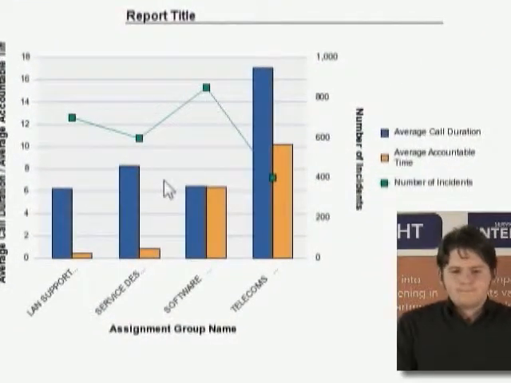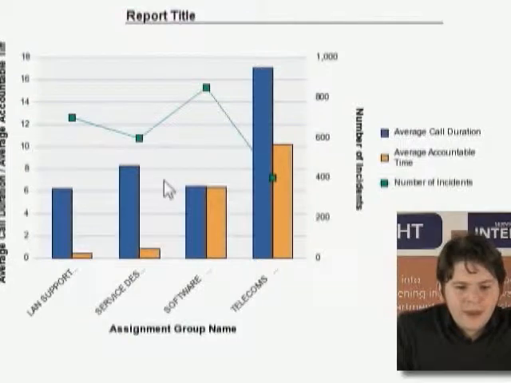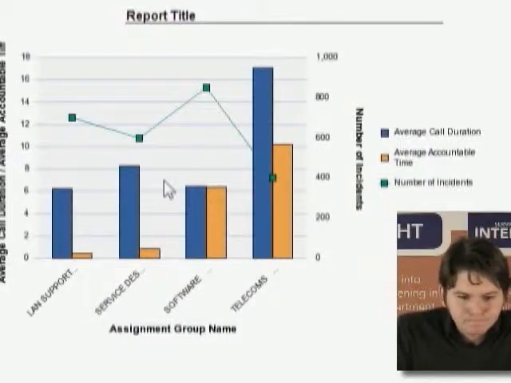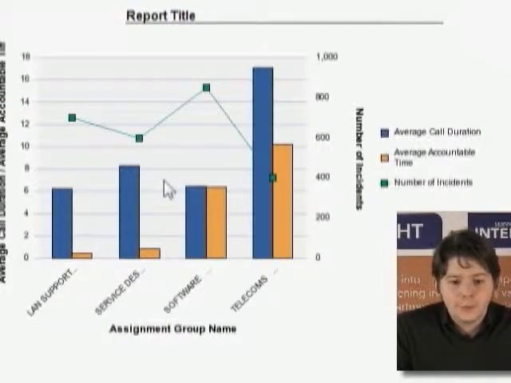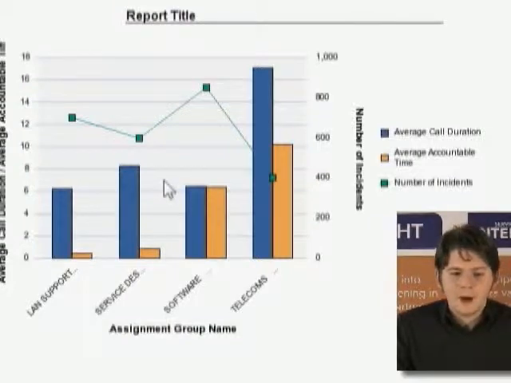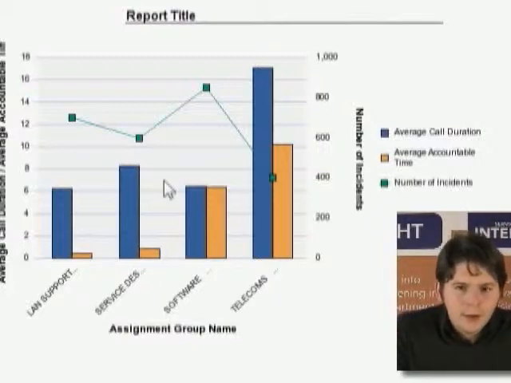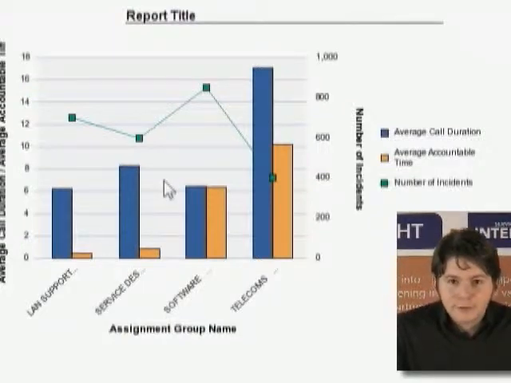so where were we? Well, we were saying Jesus was doing the best because his accountable time was lowest, and actually he's dealing with a fair few calls. Poor old Frank not only has the worst accountable time, but actually is dealing with the lowest number of calls. And actually Barry in software is looking a bit better. His accountable time is high, but he's dealing with by far the highest number of calls. So again, we've got a bit of a clearer picture, but we don't know how many staff members are in each group. It may be that